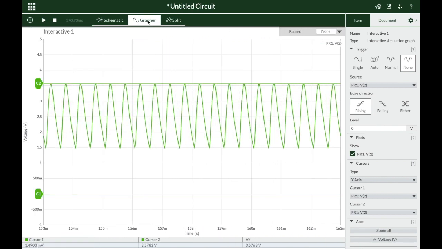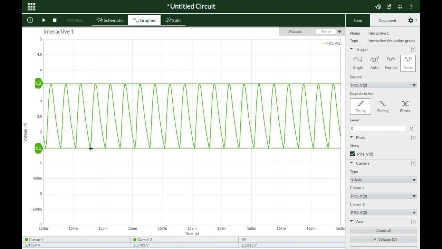So what do we observe? There is little change in the upper peak value, but there is a lot of change in the lower peak value. Here the change in upper peak value is very little because we have not changed the load resistance. The position of C2 over here is showing us the peak value of the output signal with the same load resistance without the capacitor. Now we have not changed the load resistance, so that value has not changed much, but we can see that the lower peak value now is raised up.